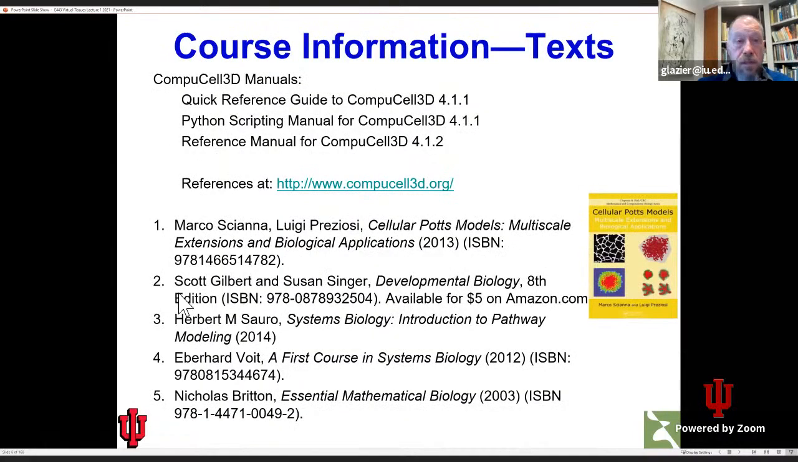Okay, so there is no formal textbook. That's a plus and a minus. There are online manuals for the software. TJ is our manual writer, along with Maciek. He would love it if you look at the manuals and make critiques and suggest improvements to them. There's a quick reference guide that will help you get started with the software. The main manual will be the Python scripting manual because Python is the language we use to write simulations for the most part. There's a generic reference manual. These are all available at